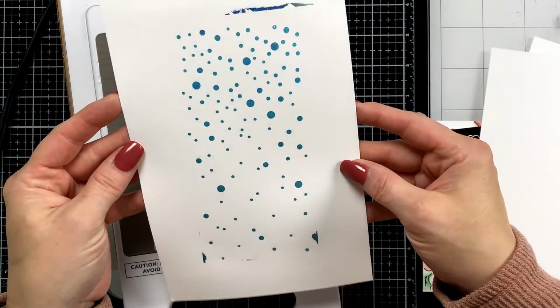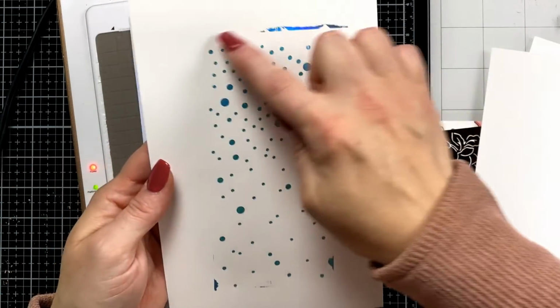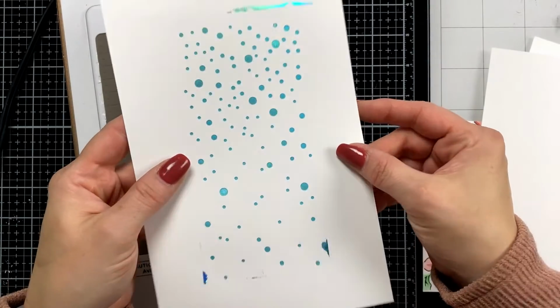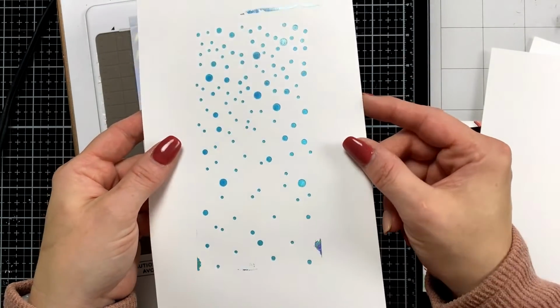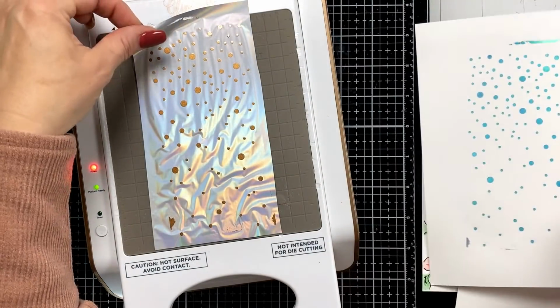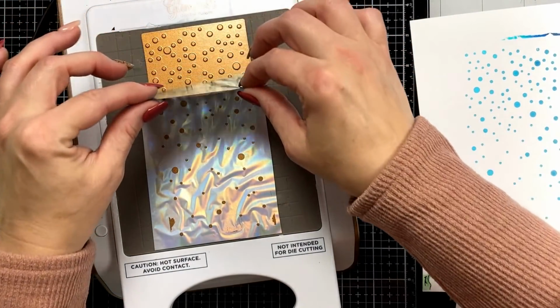Oh, and it just peeled right off. Oh, look at that background, you guys. How fun is that? I would take the mini slimline dies from Simon and die cut that so it's perfect. In fact, I probably will, and I'll create some sort of card. But I love that falling snow. That's fun. Okay, but we're left with this awesome, oh, this one kind of stuck,